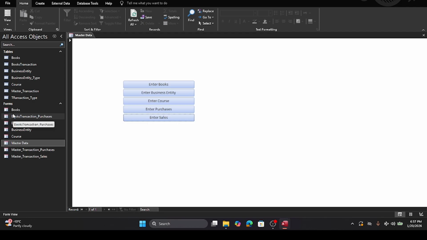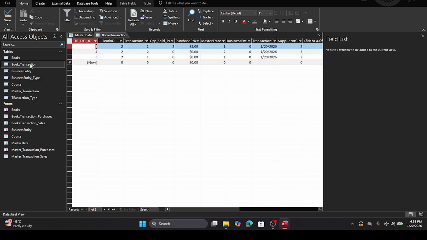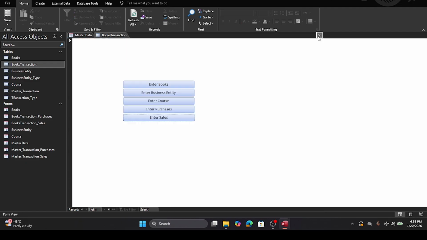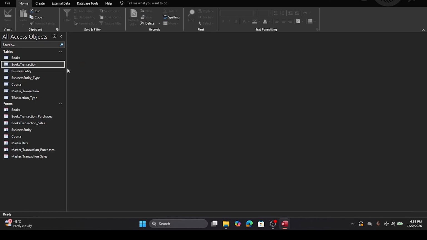Now the most important thing is we need to view the data. You see, right now, if we go to the books transactions, we can't find anything meaningful because all of these are digits. So here come the queries, which we will do in this session. So let's begin with our first query. And in this query, we will use